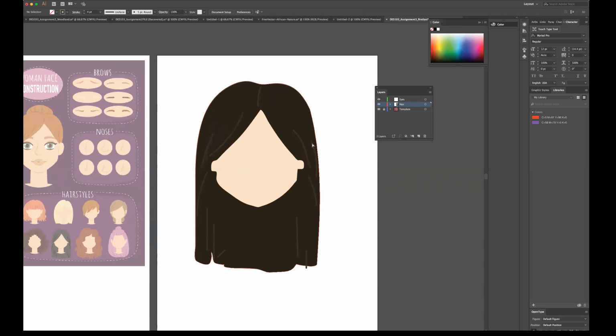I'll give some curvature to these hair strands here. I'll try to line this part right in where the hair parts. All right, and then once you have all your elements placed where you want them,